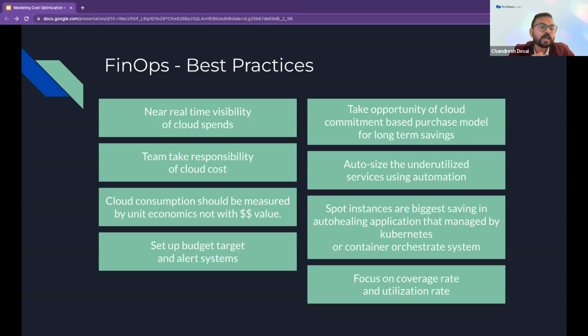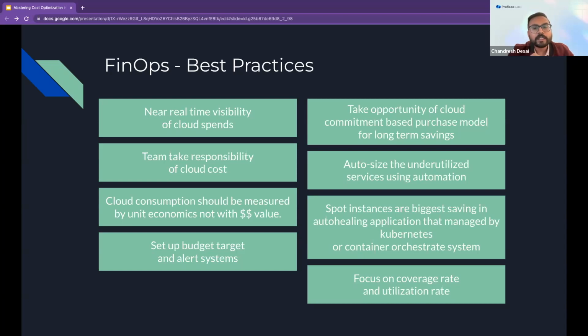Near real-time visibility means that if you have the cost and usage report already set up, it will send the data to an S3 bucket. On top of that you can create AWS QuickSight dashboards, or you can also use external tooling. They mostly use the AWS cost and usage report to view your utilization, usage, and rate data.